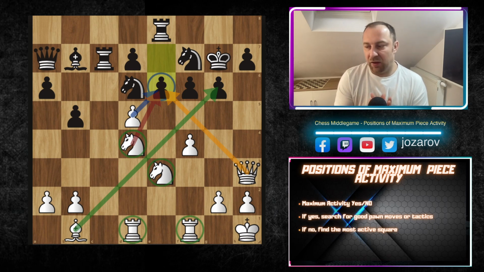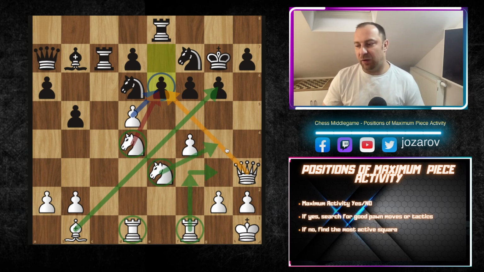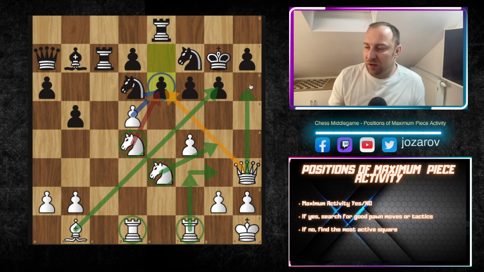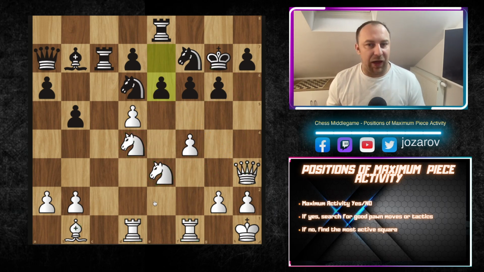Here again, I think we have already the position of maximum piece activity, because I couldn't really find better squares for my pieces. Maybe rook to f3, rook to g3, or maybe knight to g4 here is an opportunity for white to place the knight there. But actually knight to g4 is of course a preparation to play maybe queen to h6, but already the knight is controlling h6. So far I think there's simply no time here to improve our minor piece activity, or to improve maybe our rook